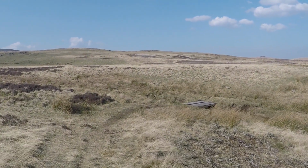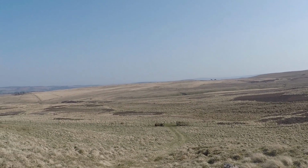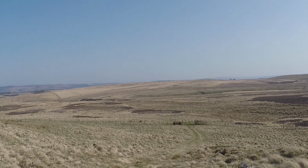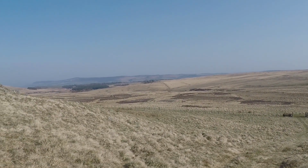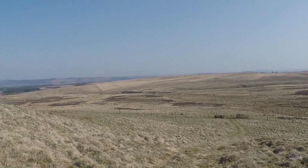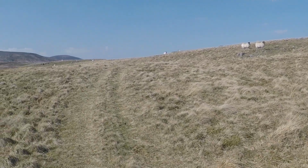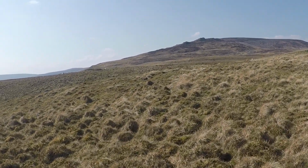We've got a bit of a bridge, so we're obviously on a path. So we get a nice panoramic view from centre screen. That's the disused farm building that we passed. So I headed over the moors, picked up this path. We can just see centre screen, come up through the gate and just appreciating this wonderful scenery. Being helped on our way by the friendly sheep, and we'll continue to head north for the time being